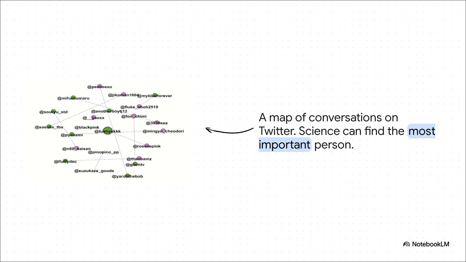Okay, so look at this. At first glance, this map of Twitter conversations just looks like a tangled mess, a total hairball of data. But believe it or not, hidden inside all this chaos is a very clear pattern of power. And the key player? It's not who you'd expect. So, how on earth do we find them?